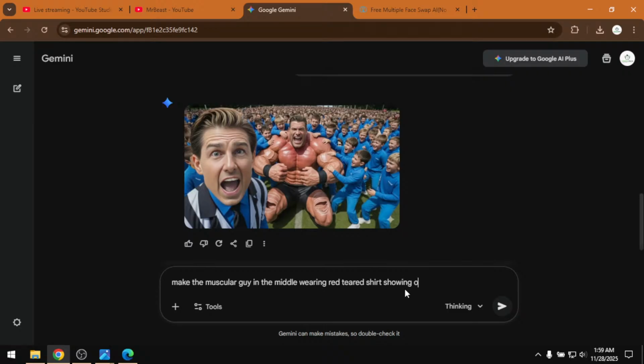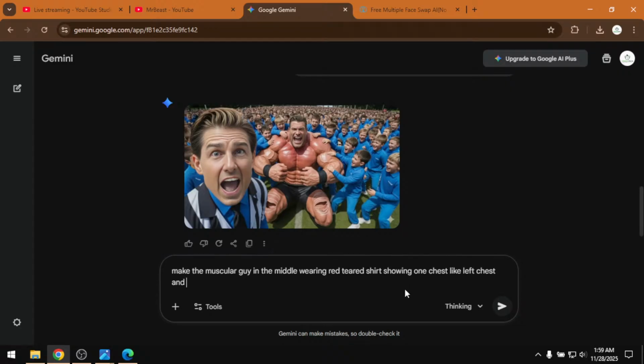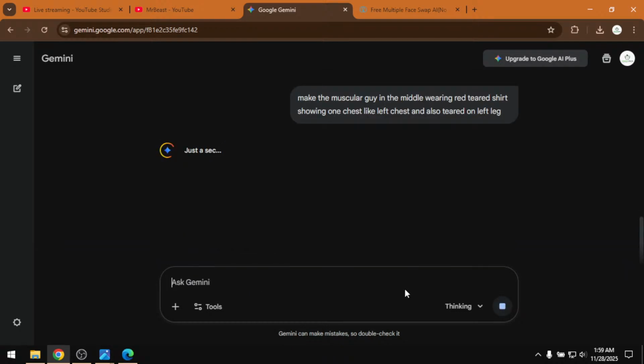showing one chest, chest, chest, like left chest, and also tiered on left leg. Left. Let's see how it will perform. So we generate